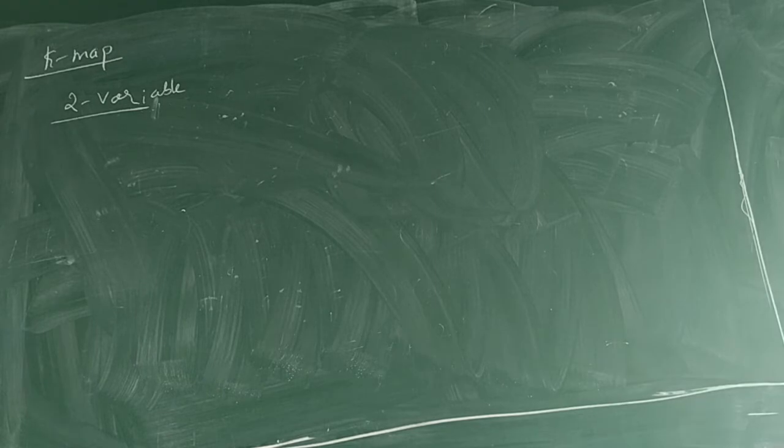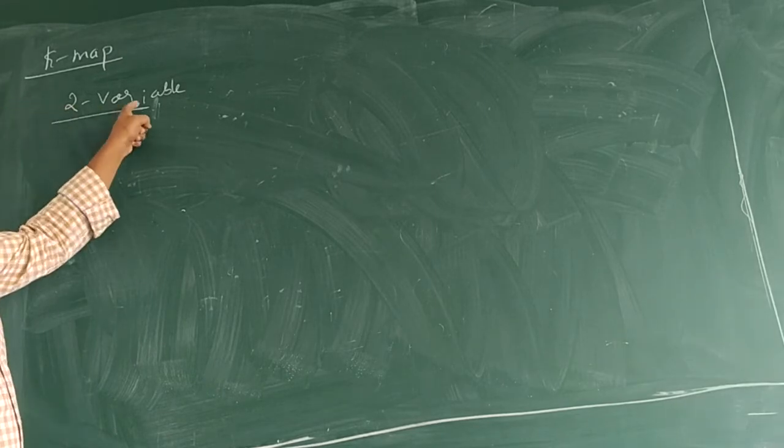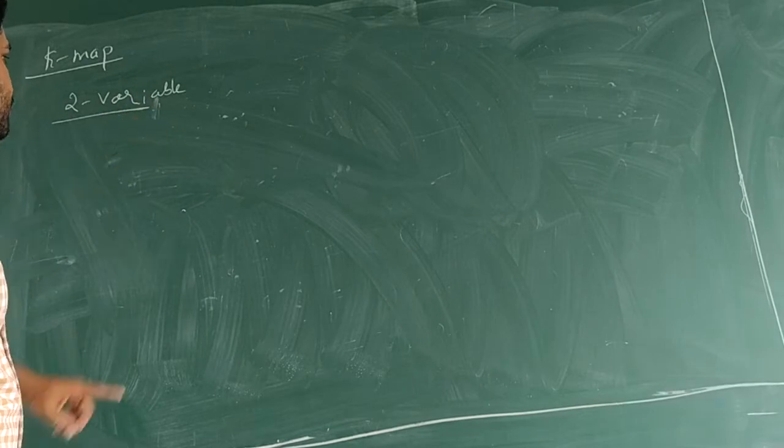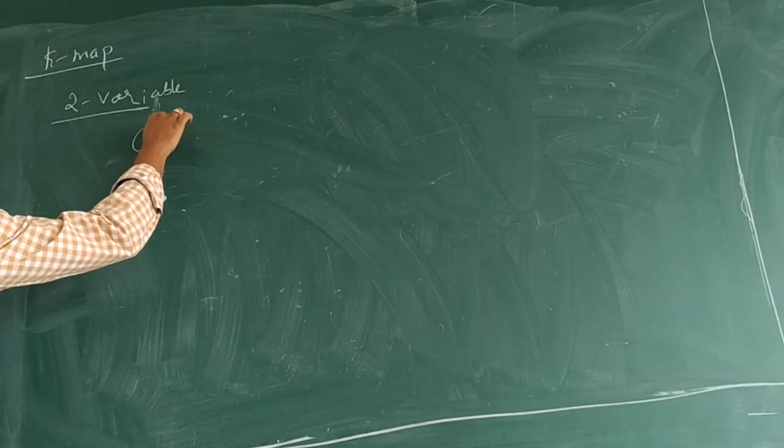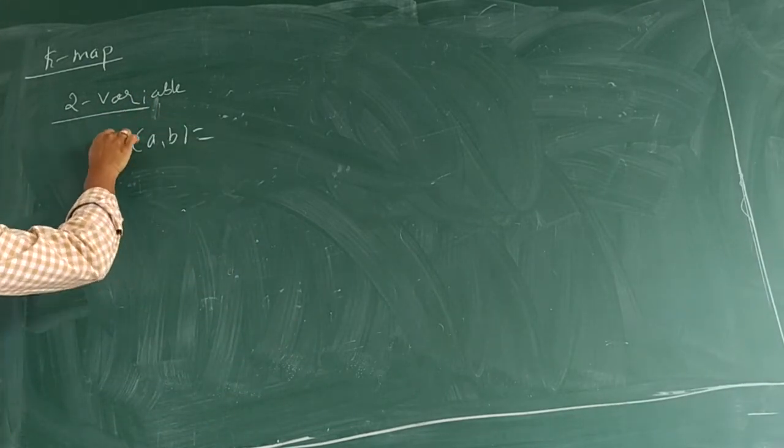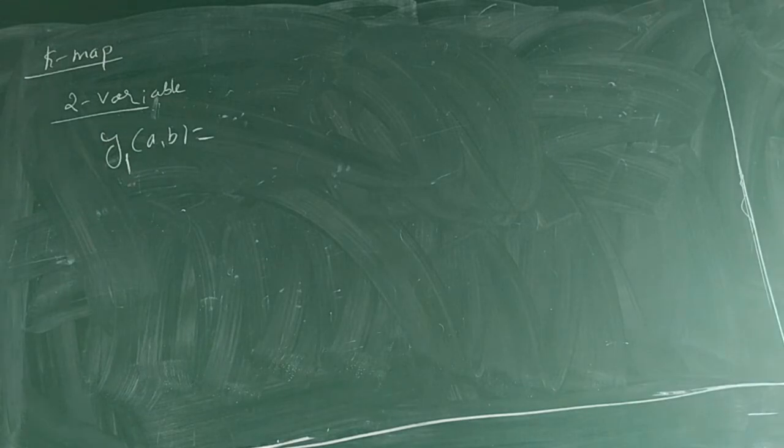First, let me take y as a function of two variables. Two variables means we have to imagine this much. Whenever we say digital function of two variables, y1, or you can give any function name, but in the bracket there are two variables. Some person can use lm, op, anything, but there are two variables. I prefer to use AB as a fast reference.